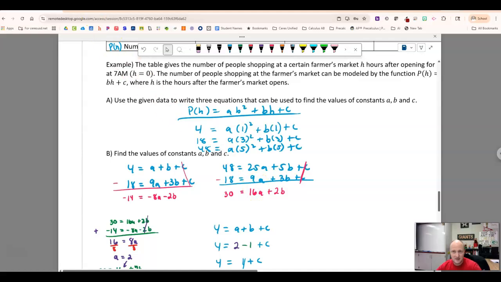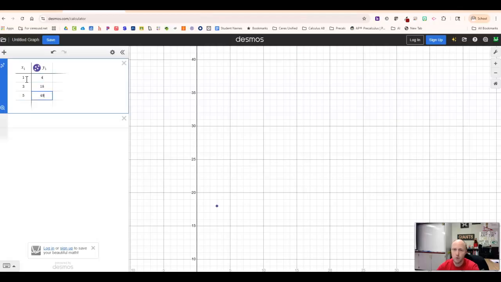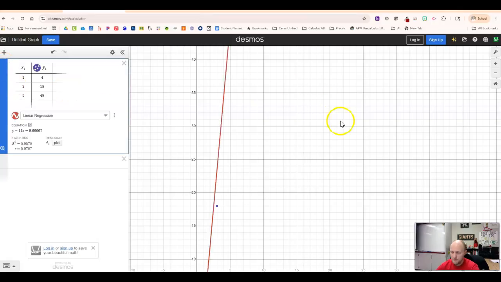There is. If you have graphing technology, we can go ahead and add a table. So this is Desmos. It's free, you can go online to it. I'm going to add a table and enter my data. So 1, 3, 5 were my inputs. My outputs were 4, 18, and 48. And you'll notice this little button pop up over here on this side. It says add regression. What does that mean? Well, a regression is a modeling technique that will fit a function to the